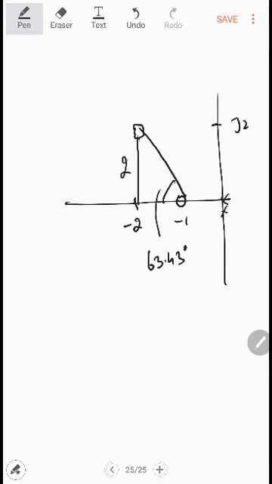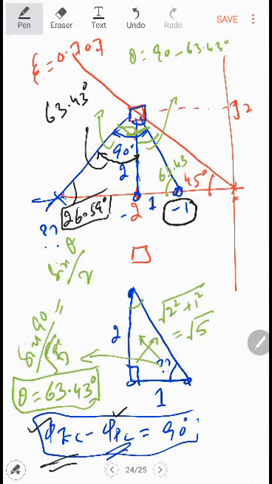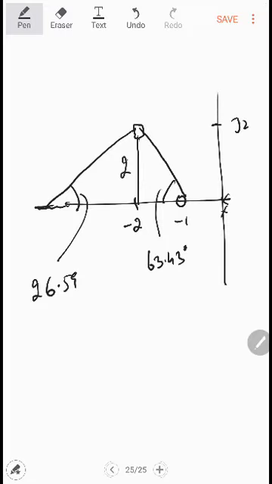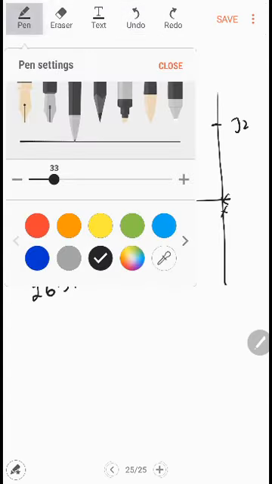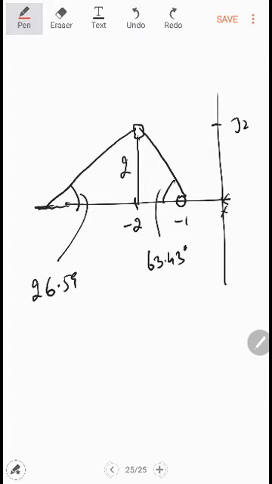This is equal to 2 from the same. This one I know. This is equal to 26.59, we just found this one. I know this one. And I know this angle, so let me use another color for this angle and do some work with this one. I know this angle, and I know this angle, which is equal to 90. I know this length, but I do not know this length, so you can find this length also.